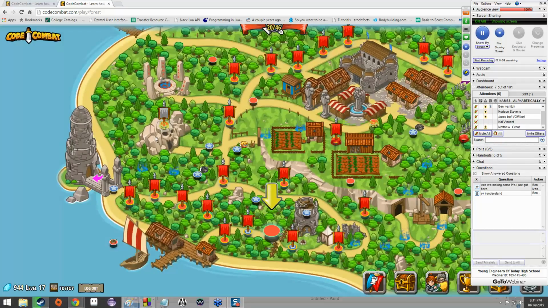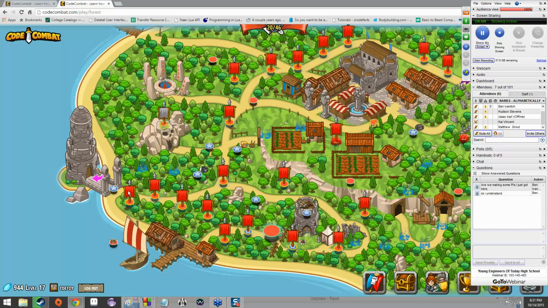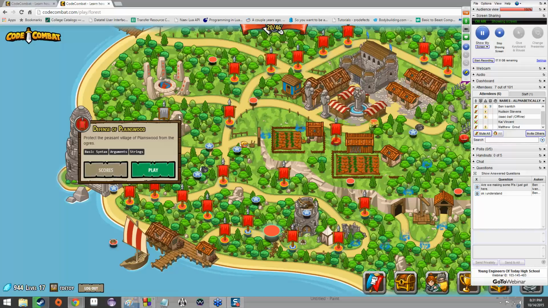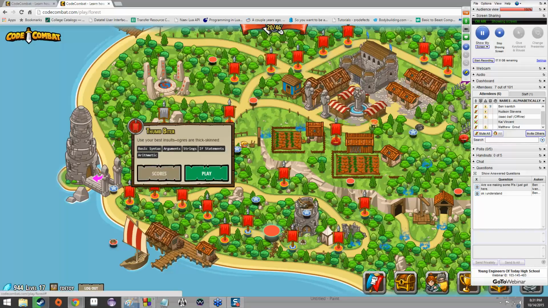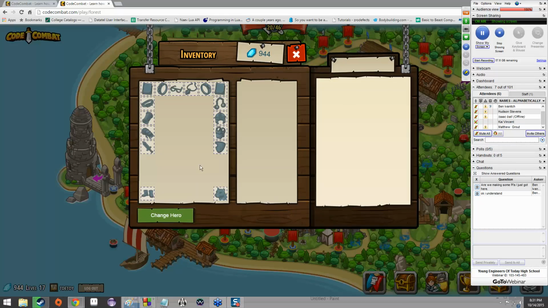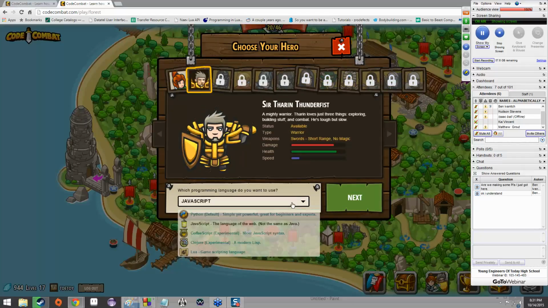Alright, so we've got the defensive Plainswood, winding trail. Oh man, we got a bunch of things. Let me think about... Alright. Basic syntax, arguments, and strings. Aha! If statements. Just go ahead and make sure this is in Python. And we'll get the code up and running before I start explaining them.